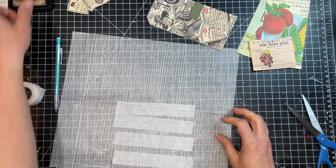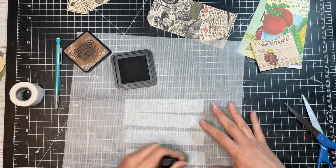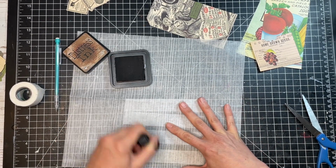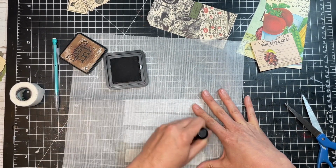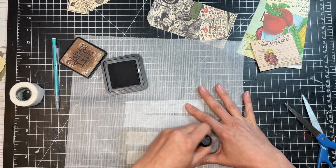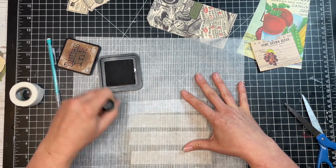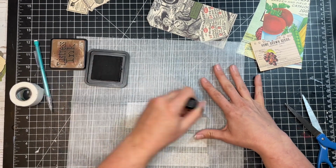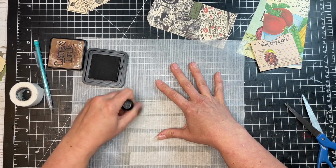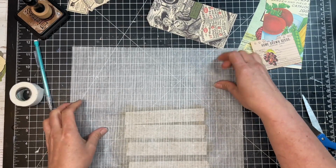Okay, so then what I want to do to prep these is I'm just going to use some distress ink to go over them. And I'm doing it on my deli paper so that I don't make a mess, but this is a very easy way to just distress these. But they're also see-through, so when I put them on my tags, my graphics aren't going to get too covered up, which is also what I want here. And I'm doing 4 so I can make sure I can cover up any sticky on either side. Okay, so those are my